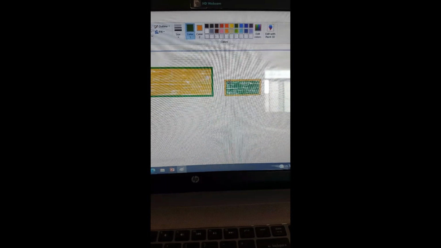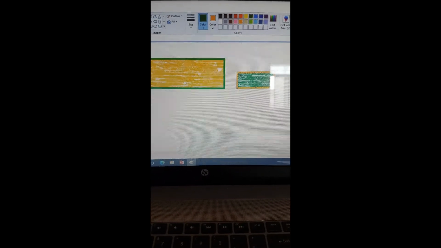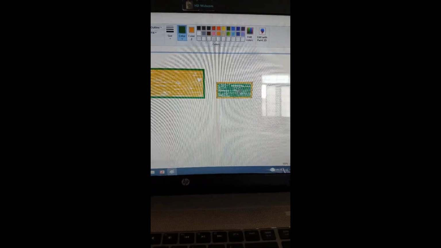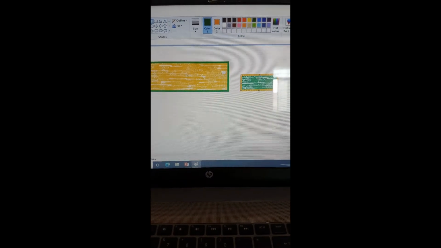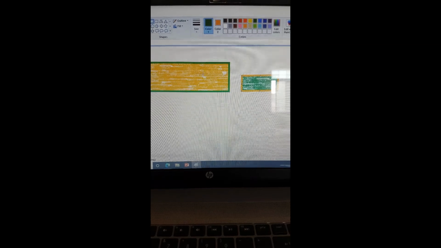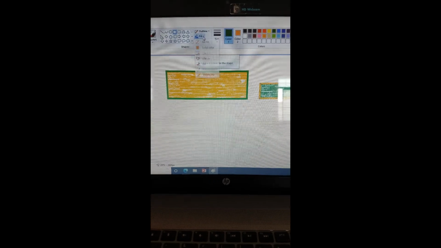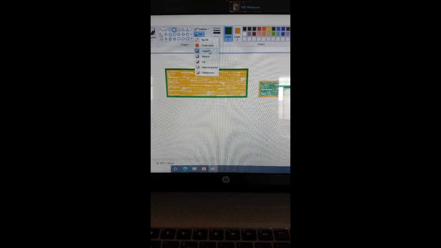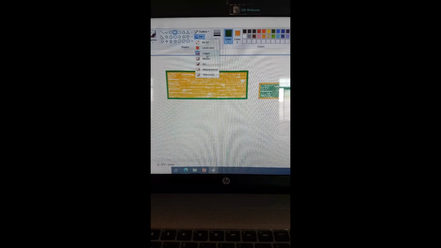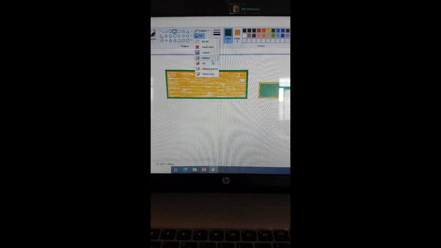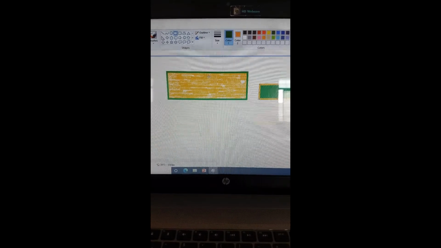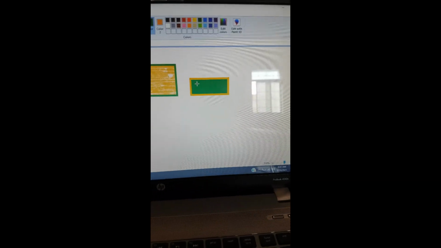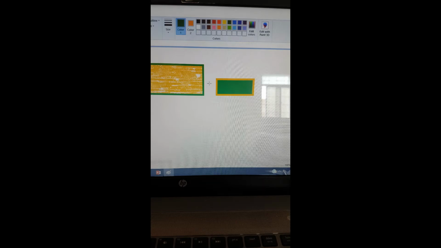The border turns into yellow or mustard color, and the inner part of this rectangle turns into green color. And have you seen the effect of this color? Why does it look like crayons? Because I chose the crayon from this fill with color drop down list. If you want to fill the color with solid, you can click on solid color. Got it? So your color turns into a solid effect.